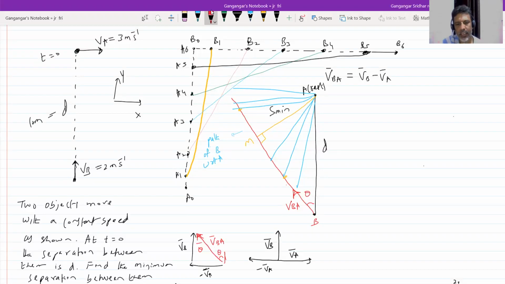Do make observation. This theta, can I bring it here? Because what is this VB theta with vertical? So this is with vertical. So tan theta, or let's go for the minimum distance. So sine theta.